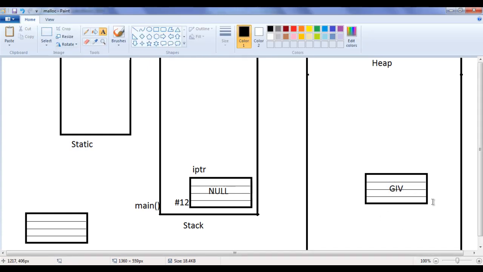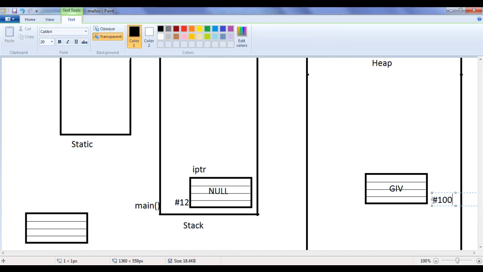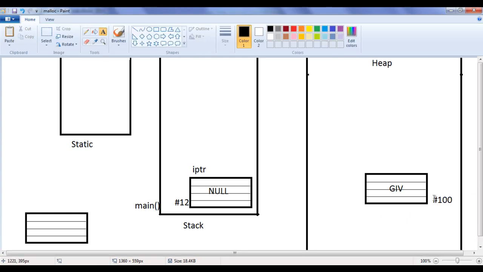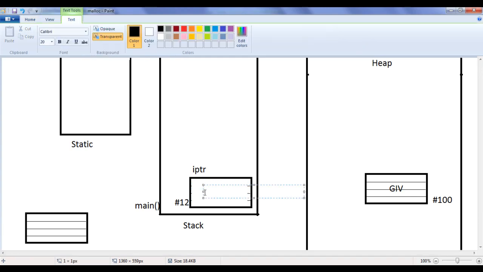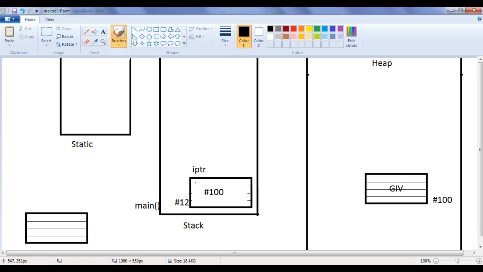Let's assume its address is #100. This #100 is returned and assigned to iptr. The current value of iptr is null. It is erased and #100 is stored. Once we store an address inside a pointer variable, we know that it starts pointing to that memory location. iptr points to the memory location which has the address #100.